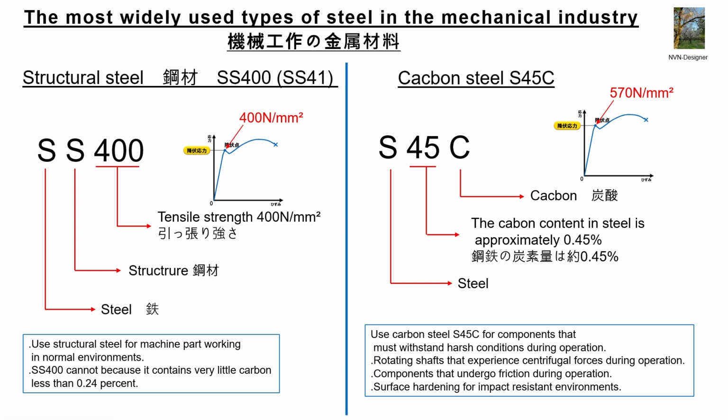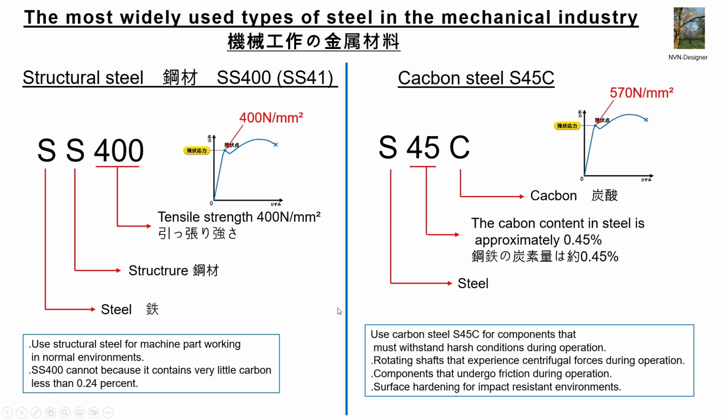I will introduce you to the two most widely used types of steel in the mechanical industry. They are structural steel and carbon steel. Structural steel, marked as SS400, has a tensile strength of 400 to 510 newtons per square millimeter. The number 400 in the designation represents the tensile strength of the steel. SS stands for steel structure, so we can understand that structural steel has a tensile strength of over 400 newtons